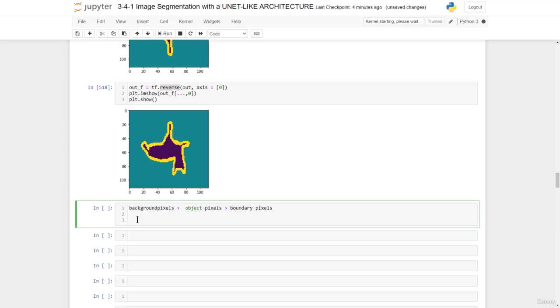And this will play the role of punishing the model even more severely whenever it misclassifies a boundary as compared to whenever it misclassifies a background, simply because we have more background data as compared to the boundary data. Also, we could have